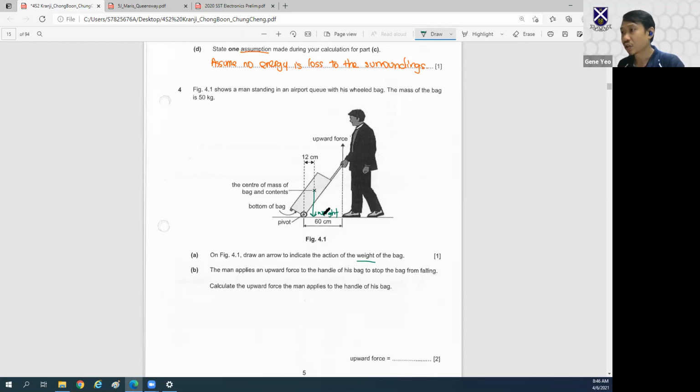So to prevent this trolley bag from falling over, the man has to hold it here and provide an upward force. All right, so this is a question on moments. The weight is going to create a clockwise moment. Whereas the man holding on to the handle over here is going to create an anti-clockwise moment. All right, so with that in mind, and the wheel being the pivot, we can start calculating